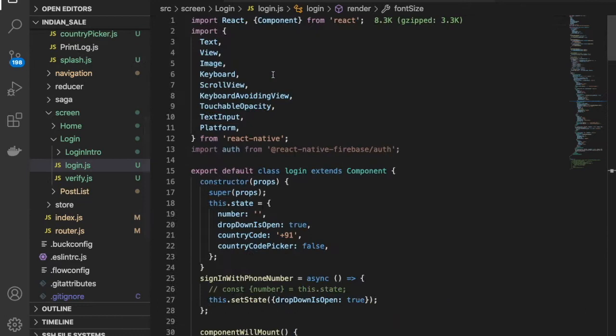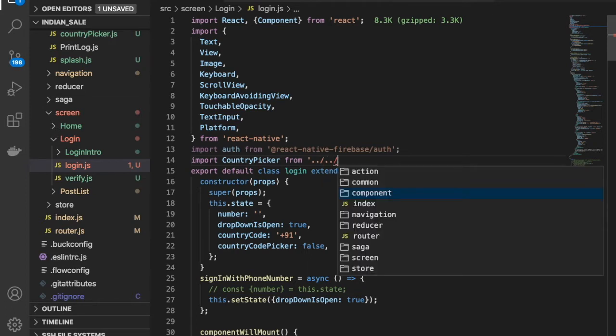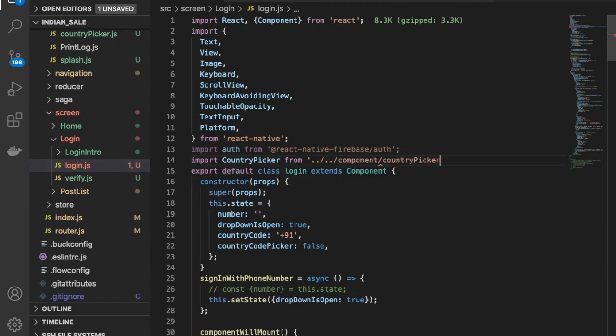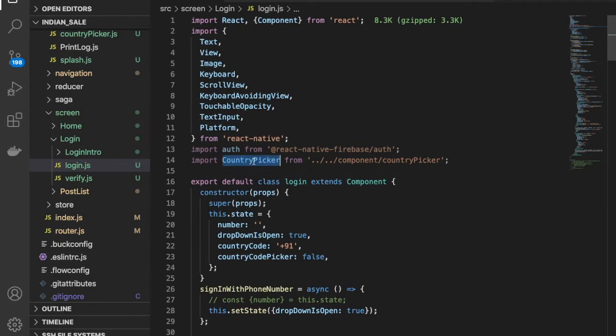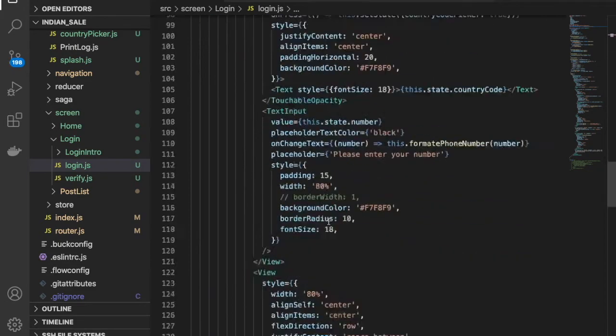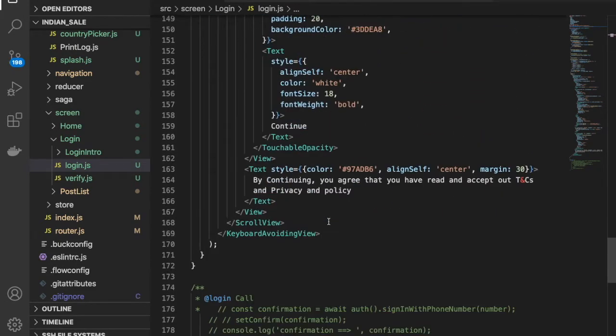So we have to import this component. Let's say import country picker from, we have to navigate to the component. Under this we have this country picker. Perfect. And we have to use this component wherever we want to use it.